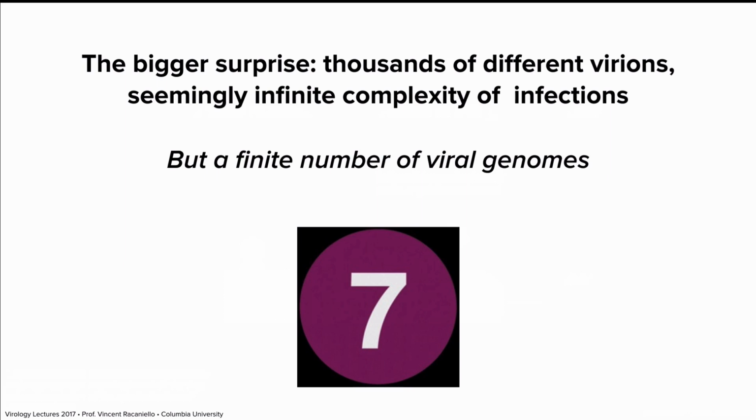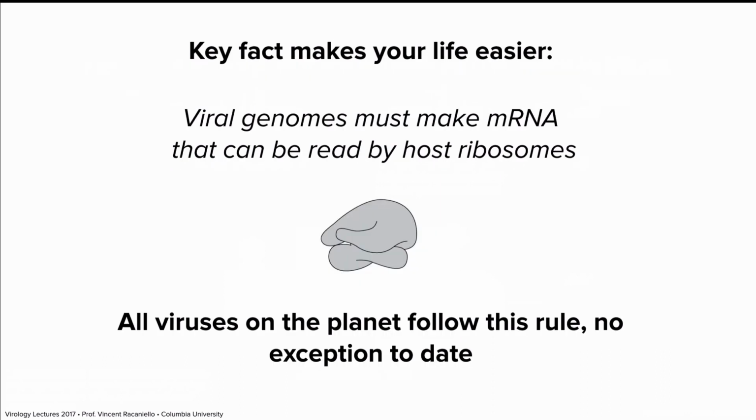And that's what I want to talk about for some time this morning. What are these 7 genome types and how do they work? So this is one way that you can remember basically all of virology. So any new virus that's discovered from now to whenever will most likely fall, its genome will fall within one of these 7 different types. Now, that is one way that we're going to use to kind of simplify and unify viruses.